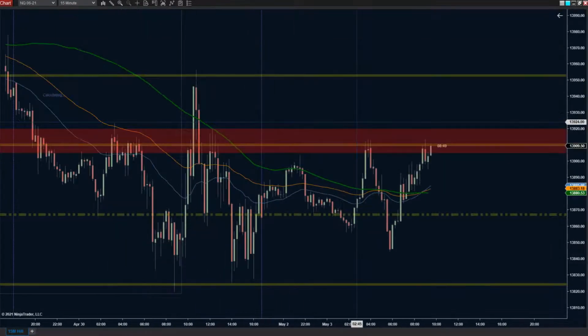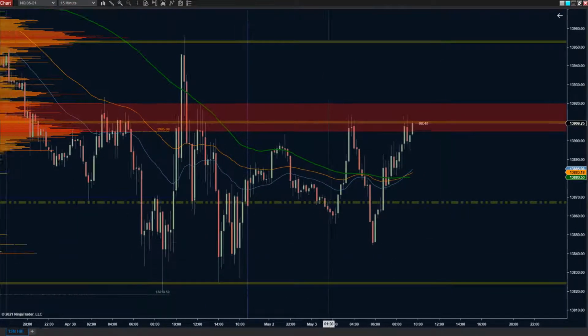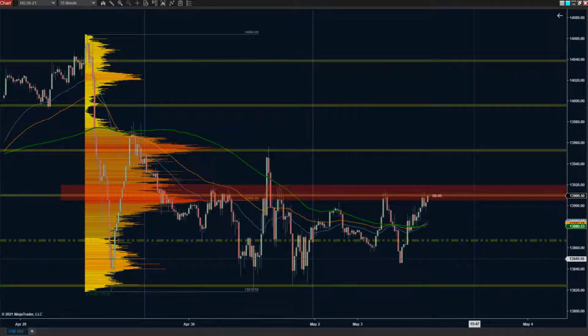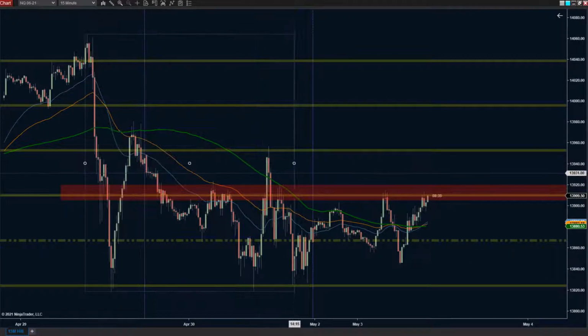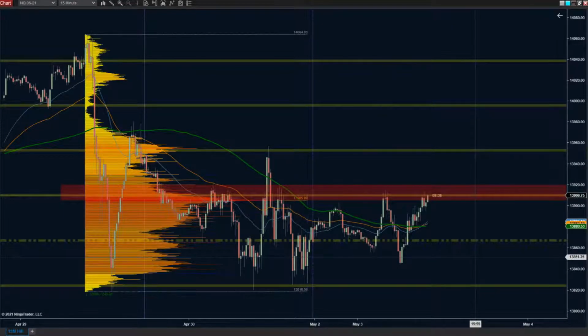Looking at the cliff, on the hill, coming off of the cliff onto the hill, looking at the 15-minute, we've got that POC. I mean, it's the same spot. It hasn't really changed, but if we move this forward a little bit, since it did make a couple nice little higher lows inside there, you can see that the POC is still hovering around the 905s, and that's exactly what we're stuck on right now.